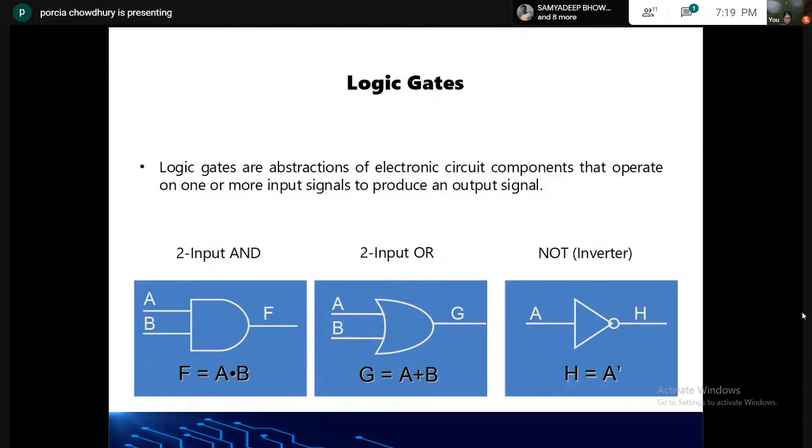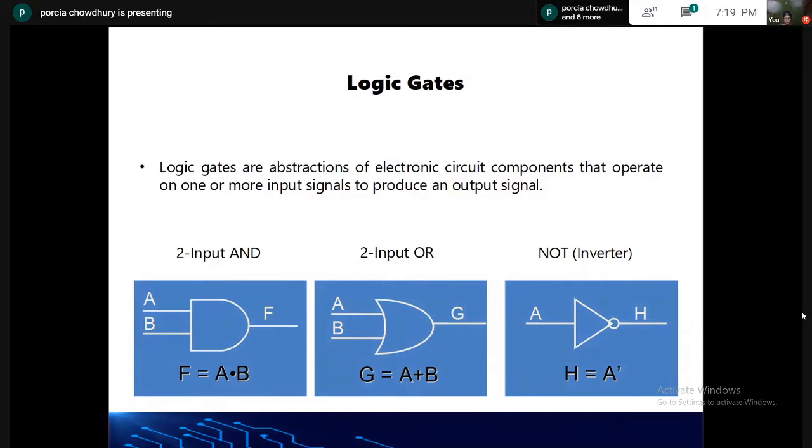Okay, suppose another circuit has only an AND gate and an OR gate, so we will use the first two symbols. This is the purpose of having symbols for individual gates: to represent them in a circuit diagram. The first symbol is for the AND gate, the next symbol is for the OR gate, and the third symbol is for the NOT gate. Sometimes we refer to the NOT gate as an inverter.